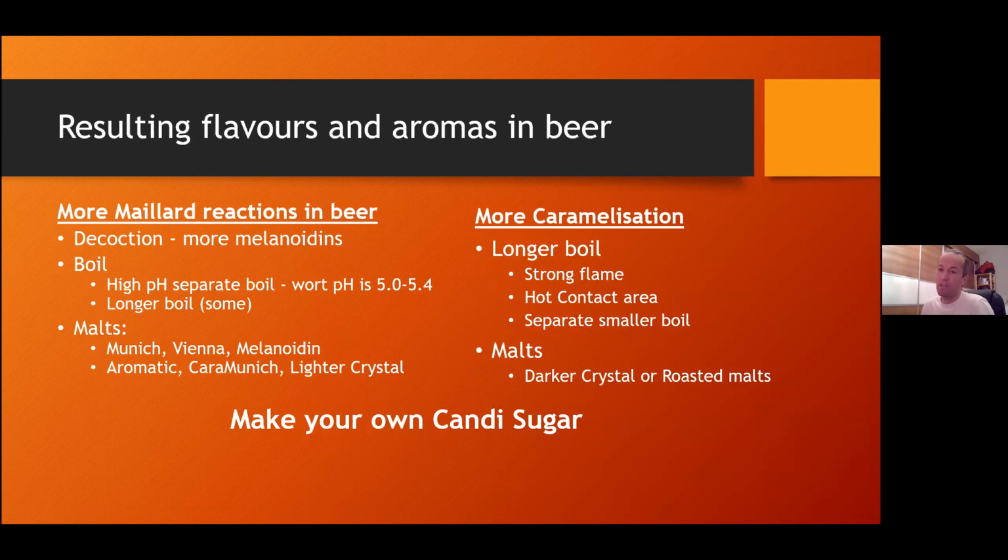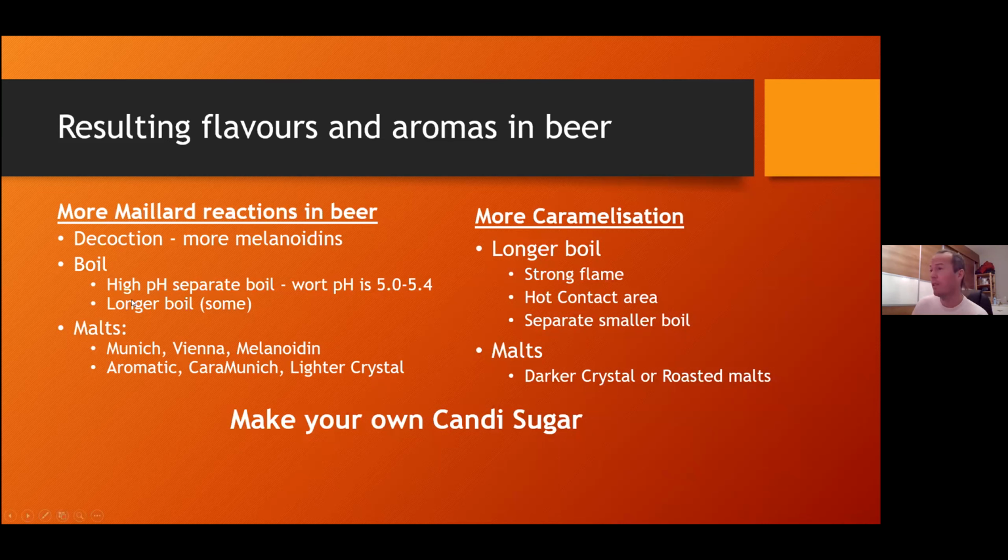I think it's because the complex melanoidins you're getting, there are more types of them when you actually decoct than when adding melanoidin malt. If you add melanoidin malt, you're just taking the subset of melanoidins that they define in the malt, and you're using the same thing that every other brewer does. You can actually get more complexity, a much more unique beer, if you decoct yourself. Again, this is unproven. It's just one of my opinions, but in my experience, I love decocting, especially a doppelbock.